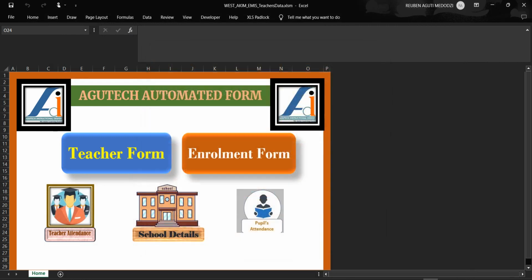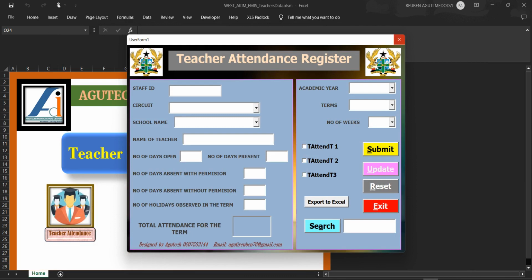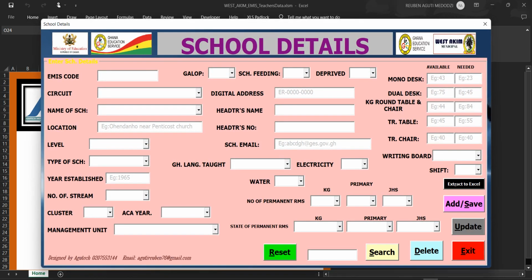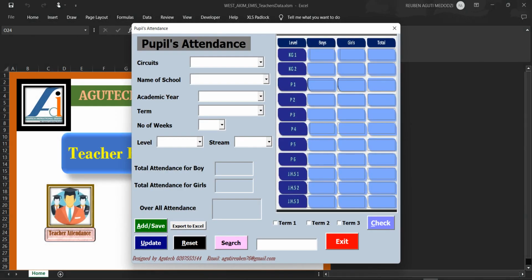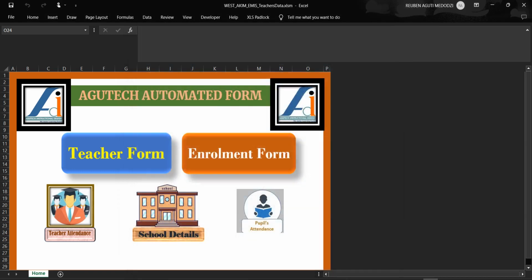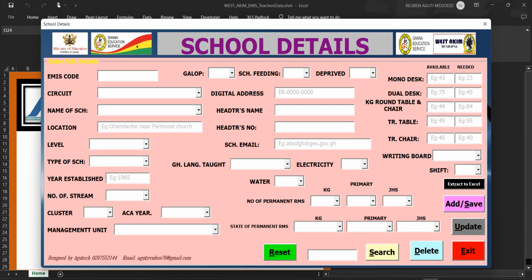When I click on teacher attendance, it will also pop up. When I click on school detail, it will also pop up. And when I click on people's attendance, it also pops up. So I can also click on, let's say, school detail, and after I finish entering all data, these are just placeholders showing the user the actual data